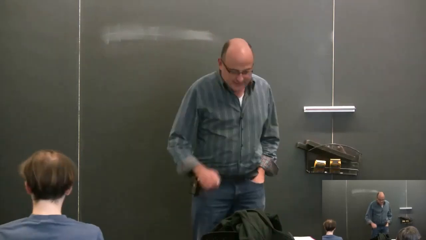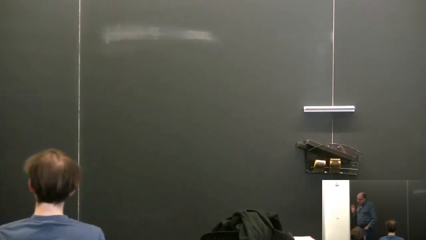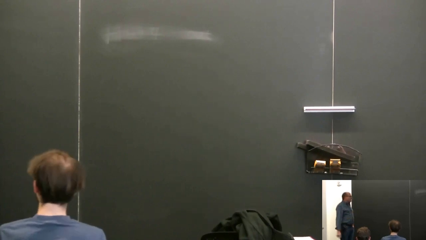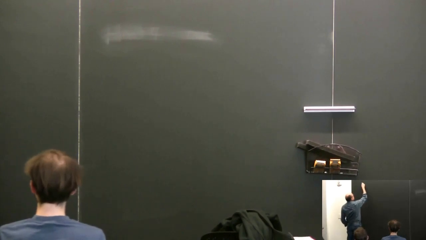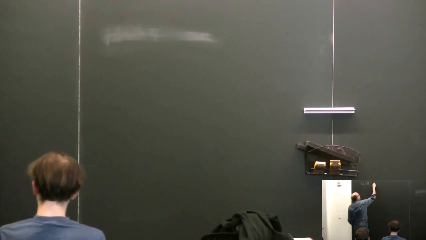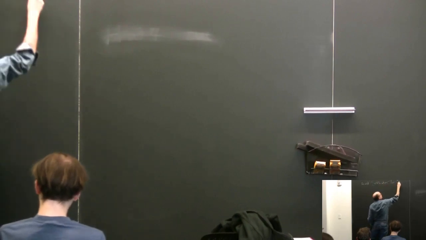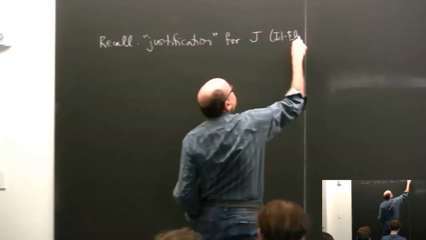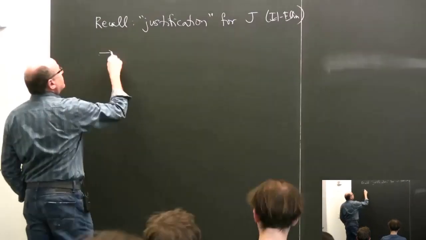Okay, so what we were doing last time, I had gotten to the point of starting to talk about homotopy types, but I want to take a moment for a little side digression because it ties in very well. Recall the main thing we were talking about last time: we looked at what I call the justification, for lack of a better word, for the J or identity elimination rule, and we showed that the crucial thing was to understand the interaction